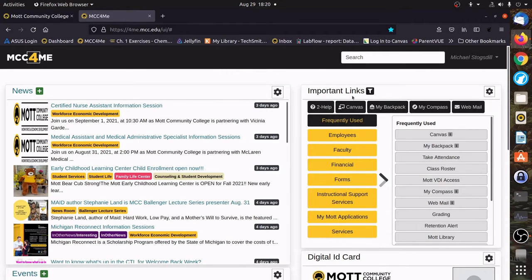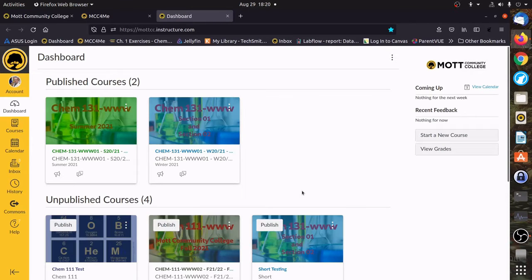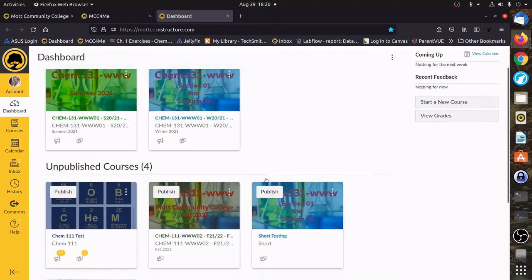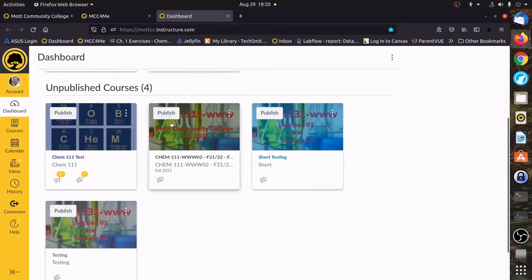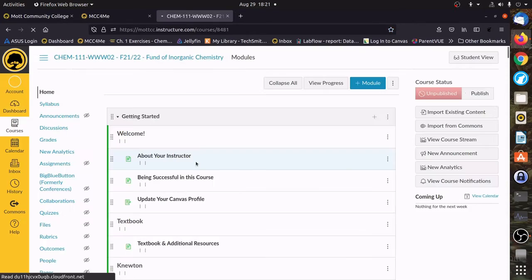The most important thing for us right now is this button right here that says Canvas. We'll click there. And you'll be greeted with your Canvas dashboard here. Our class is going to be this one right here, Chem 111. I haven't quite published it yet, but I will soon. And if we click on there,